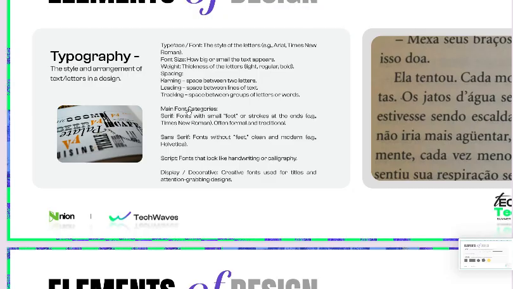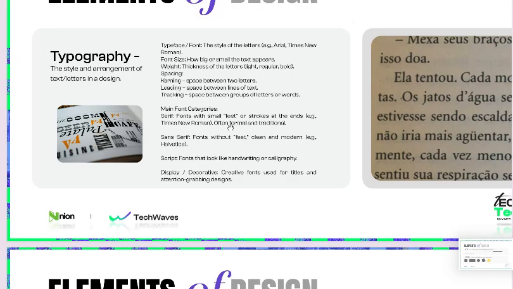But I think if you can understand these four, that's okay for now. So we have serif, the serif font, we have your sans serif font, we have your scripts, and we have your display. Serif fonts are fonts with small feet or strokes at the end, e.g., Times New Roman, often for